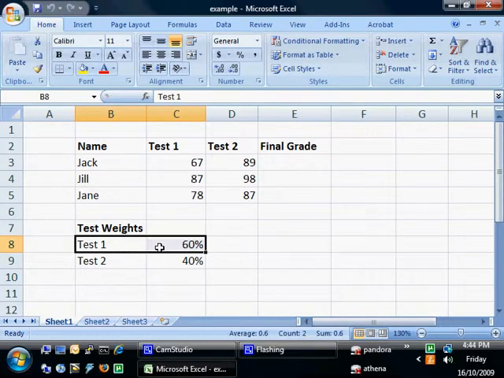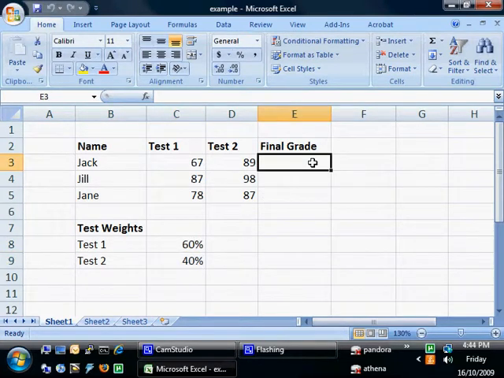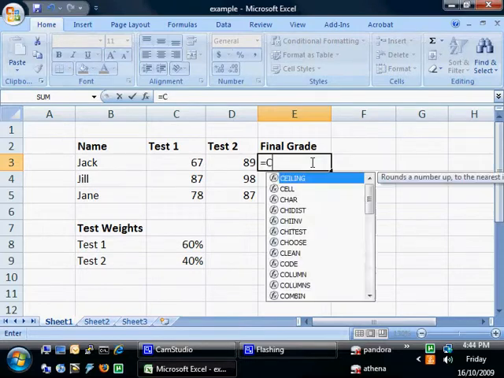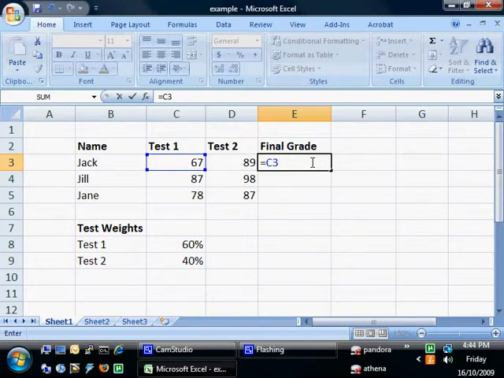Test number 1 is worth 60% of the final grade, and test number 2 is worth 40% of the final grade. So to calculate the final grade for, say, Jack, something you might do is type in a formula such as the following. We want to take the test number 1 grade, so cell C3, and then multiply that by the weight, so times cell C8,